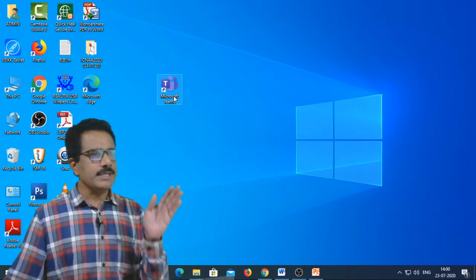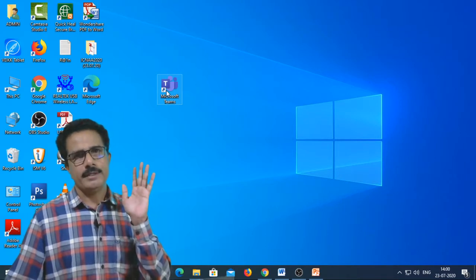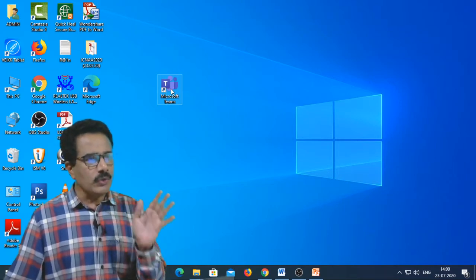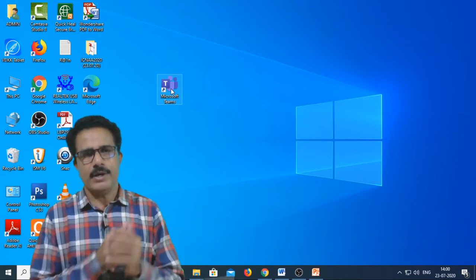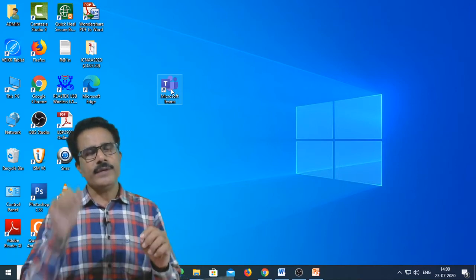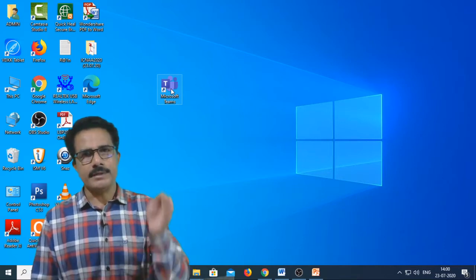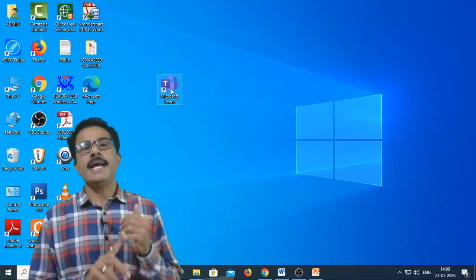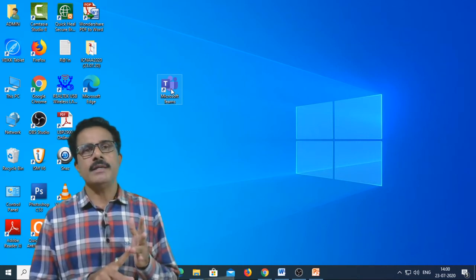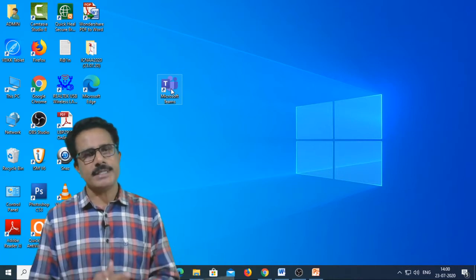Now this is the Microsoft Teams app icon. If you double click this icon, then first of all you have to log in. The login ID and login password are provided by our conference team.